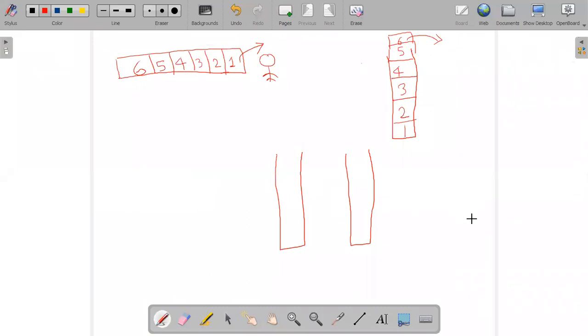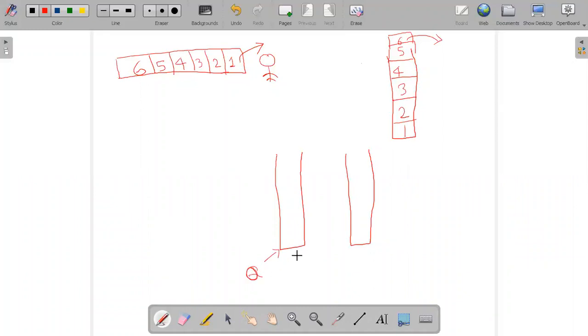Okay, so if I can use two stacks somehow, and I keep the first element inserted on the top, then we can implement it. I'm just thinking about that. Can we do that? So I assume this is my queue.